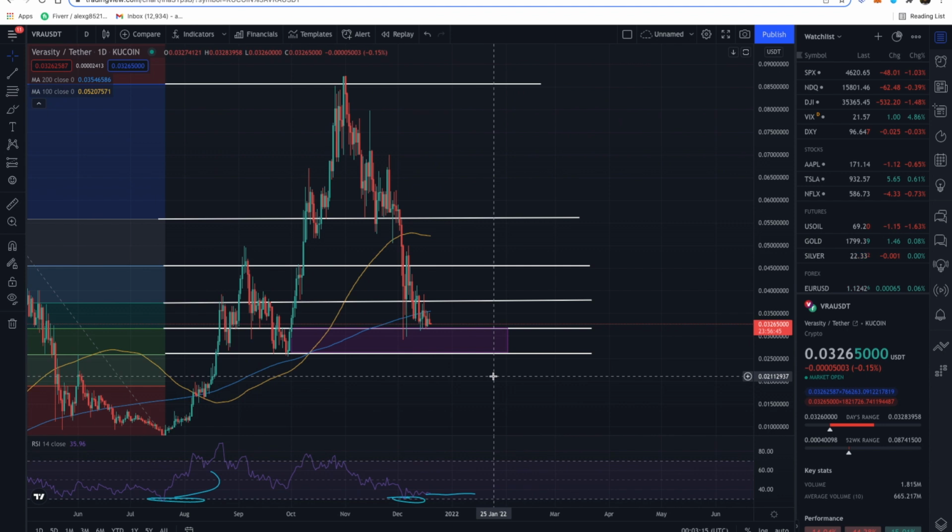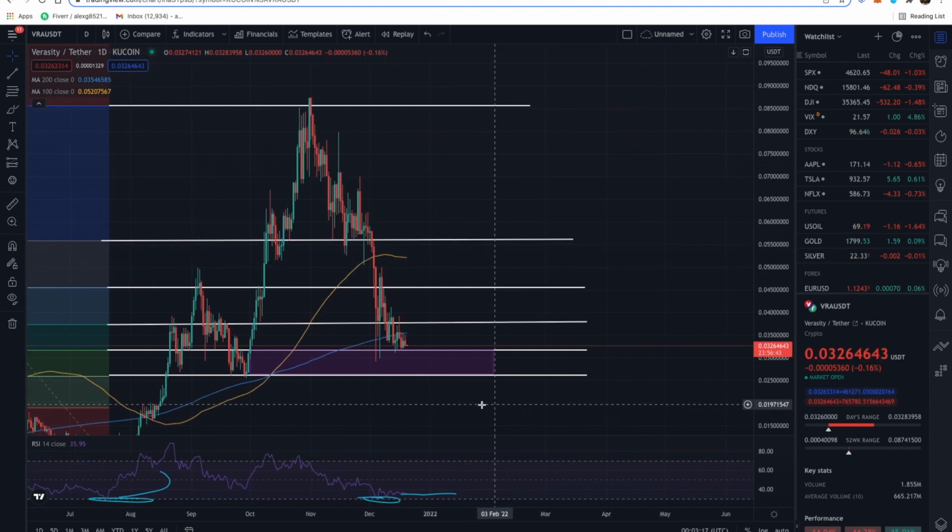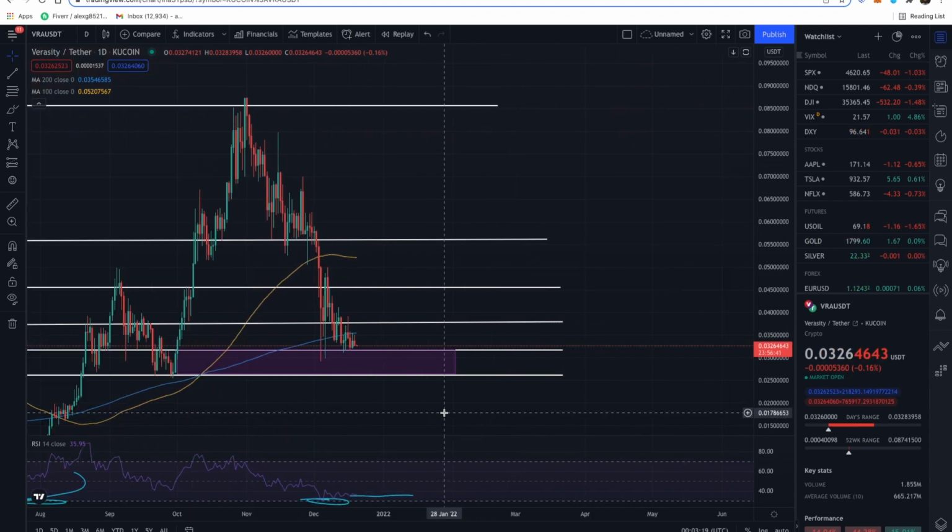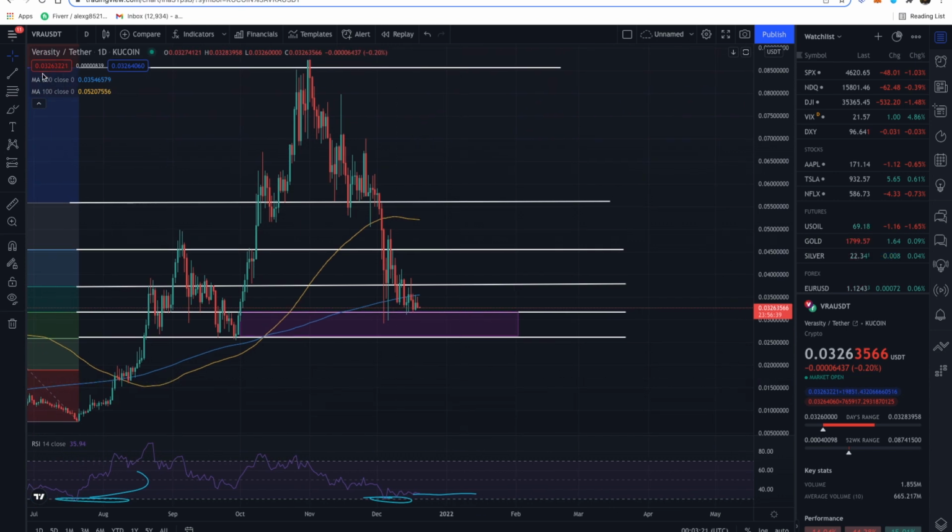We need to see mass adoption of Veracity's technology, which obviously the technology is exciting, but that's easier said than done. So just to really recap super briefly, short term, I think we're going to play at worst within this support zone and bounce off of 2.5 cents. If we don't, we might just bounce right off of this fib. And when we come back up and actually start to see more healthy volume, I think we're not going to